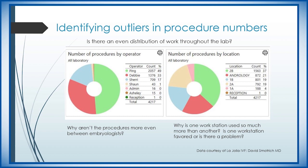So having worked in this laboratory, I'm going to tell you that the bottom 4 people were either per diem or training. The reception was when we were trying to get a card reader up at a reception desk. So those ones we're going to kind of weed out. But the top 3 are the full-time embryologists, and again, very differing procedure numbers. So Sherry was out on an extended leave, so that kind of explains why she does so many fewer procedures. But then Debbie and Ping are left in the lab, and again, Ping is doing a lot more procedures than